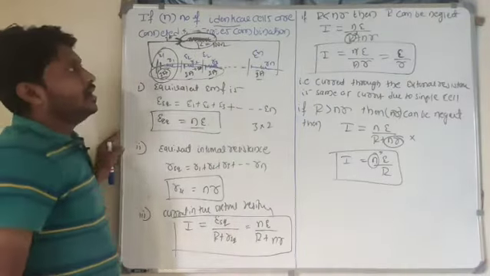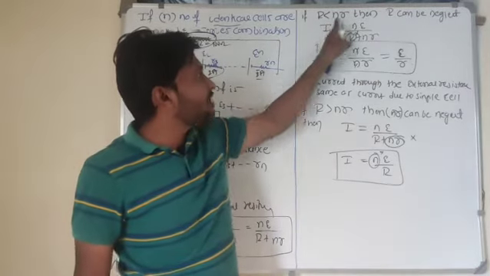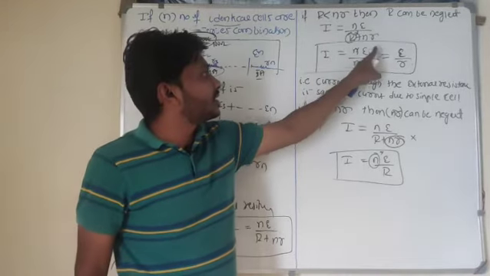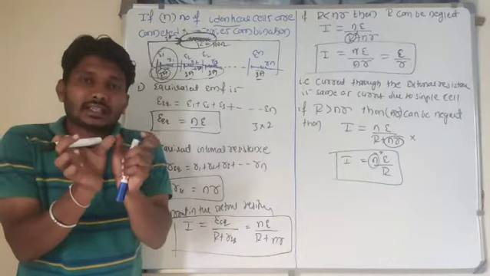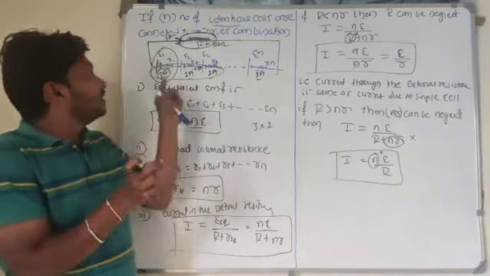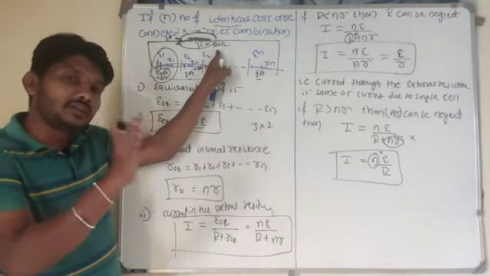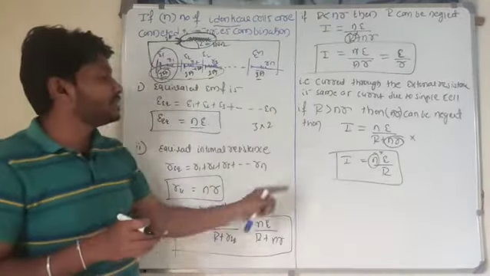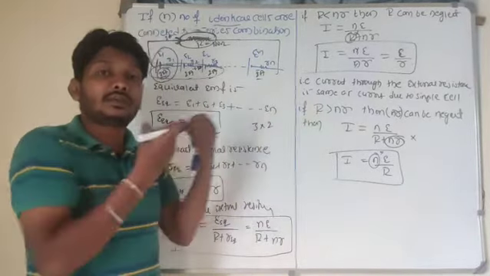So remember here, if the value of external resistance is small, the current in the external resistance is equal to the current due to a single cell. It means that whatever current a single cell produces, that same amount of current will flow in the external resistance if its value is less. If the external resistance value is more, the current in the external resistance is equal to N times the current due to a single cell.